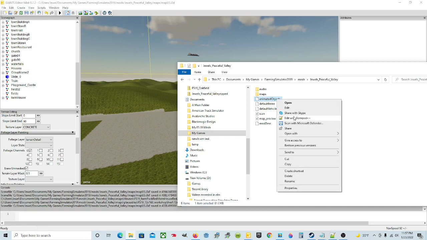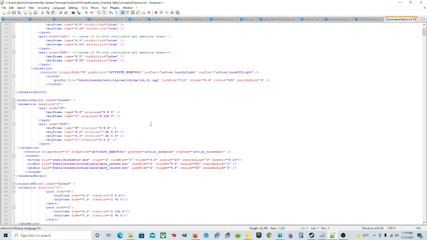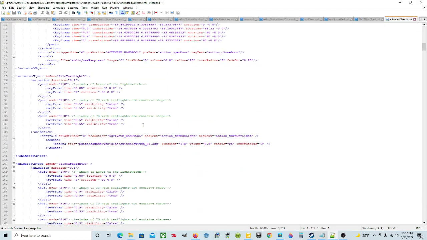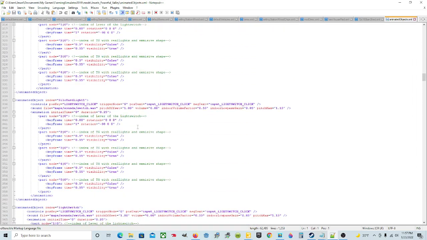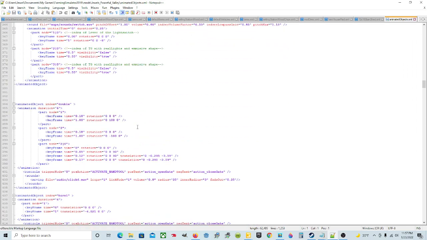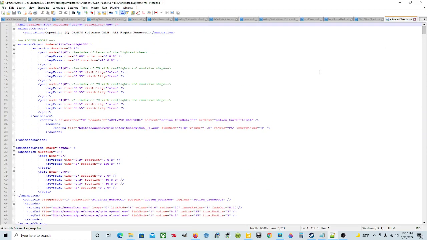Come to it, click on it, edit with Notepad++. This has all kinds of information in it you're going to need, and it'll make stuff work in the game, like gates and doors and etc. So you do need the animated objects.xml. So you need to put it,